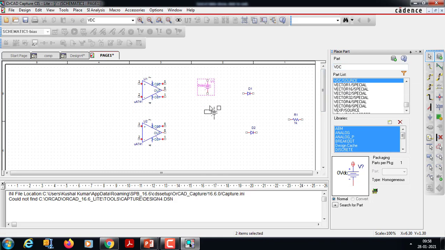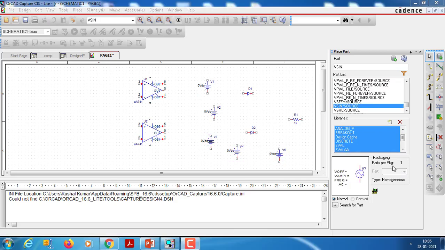So this we require 1, 2, 3, 4, 5. Now let us connect the circuit. Okay. Now we consider 1 V sine also. Press escape. Now we connect the circuit.